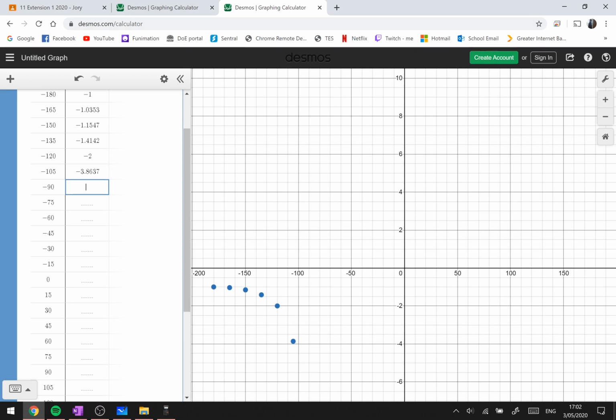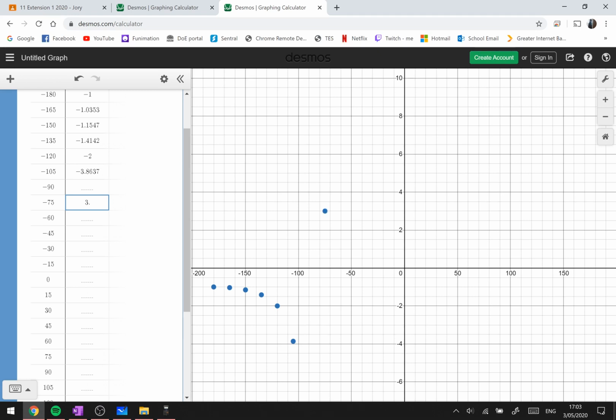Okay, and a negative 90. Okay, so negative 90. I'm going to put that one in as well. So negative 90. And what you'll find is this one is actually a math error, because cos of 90 degrees or negative 90 degrees is 0. So you can't have 1 divided by 0. So that one is actually a reciprocal. That one is actually undefined. So continuing along, we're going to get